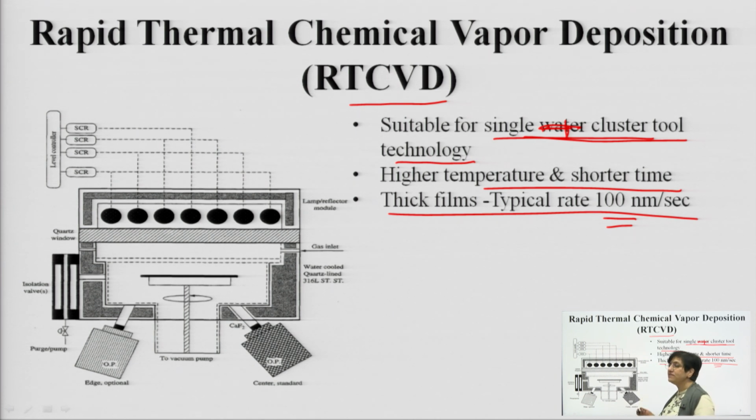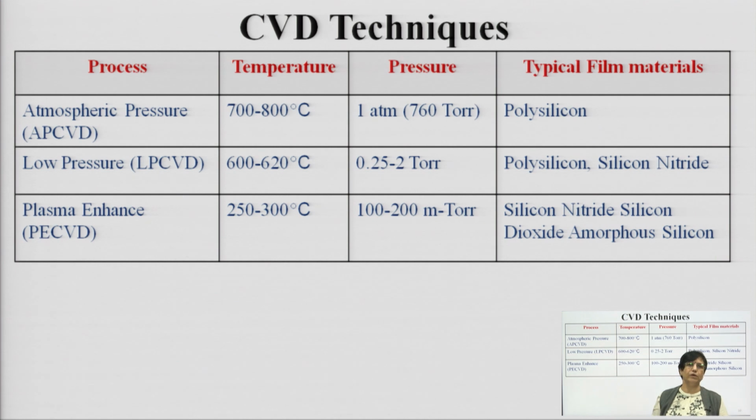Now, here you are basically heating the wafer surface. If you are making deposition onto a single wafer, it is basically for specific applications where you need a thin film of very good or precise quality. So, a low deposition rate, as low as 100 nanometer per second. You use a very short duration, elevate the temperature, allow the film to get deposited, and you can have precise control over the thickness of the film.